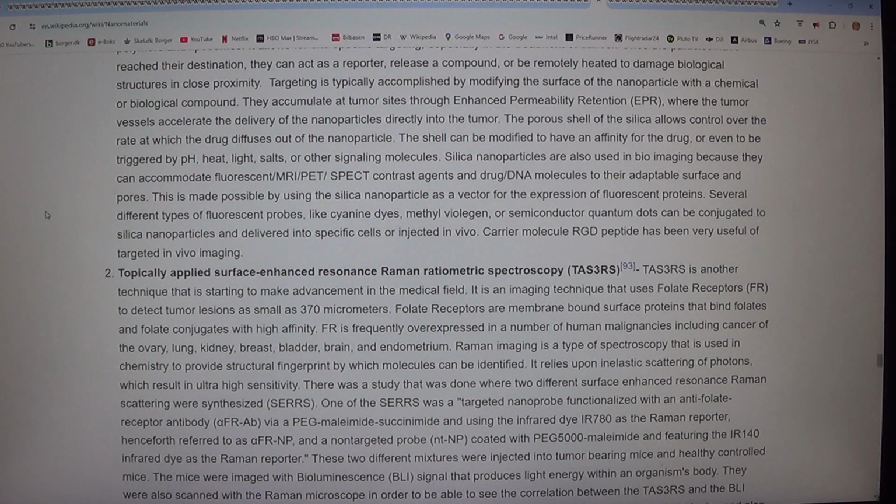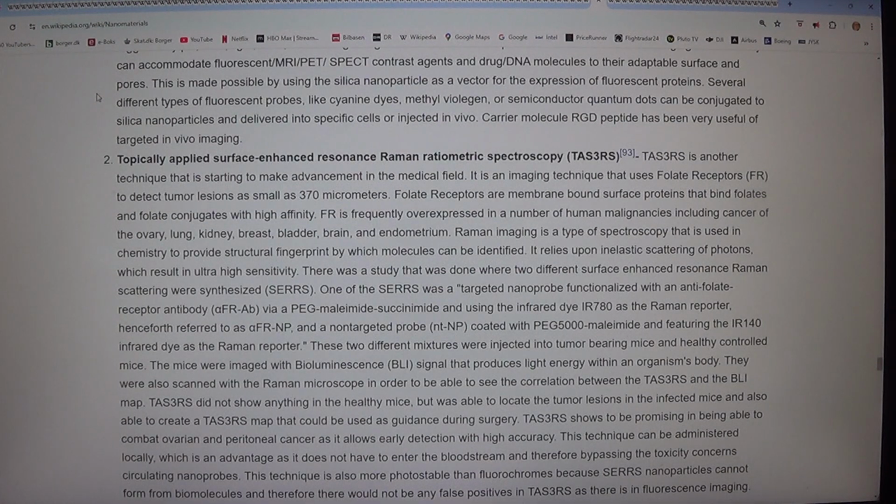Silicon nanoparticles are also used in bioimaging because they can accommodate fluorescent/MRI/PET/SPECT contrast agents and drug/DNA molecules to their adaptable surface and pores. This is made possible by using the silicon nanoparticle as a vector for the expression of fluorescent proteins. Several different types of fluorescent probes, like cyanine dyes, methylviologen, or semiconductor quantum dots can be conjugated to silicon nanoparticles and